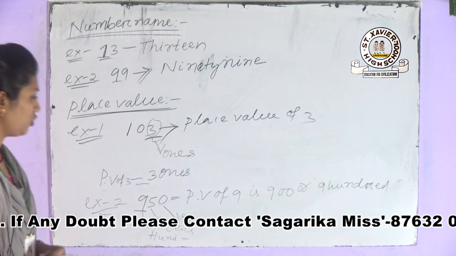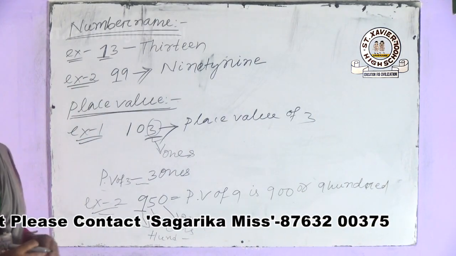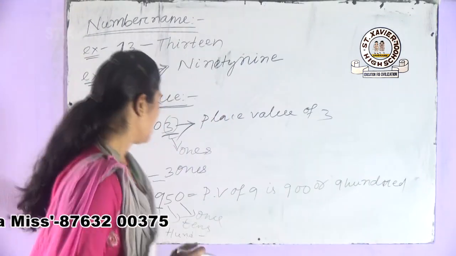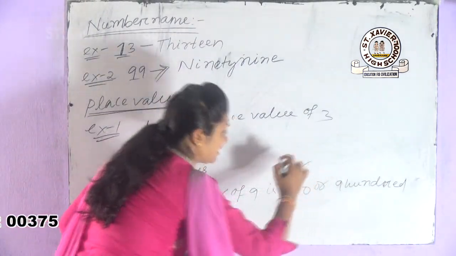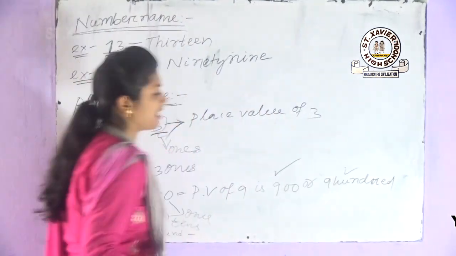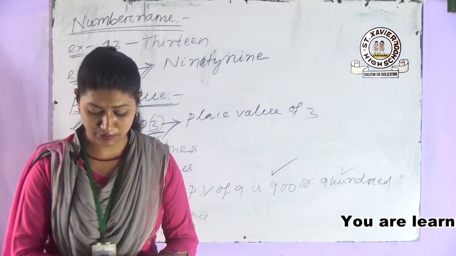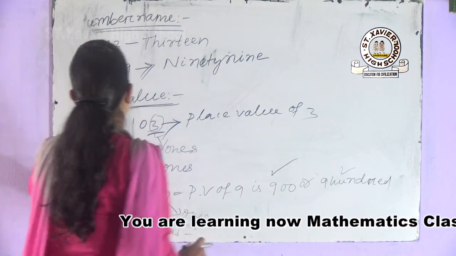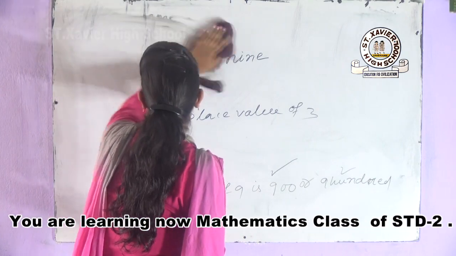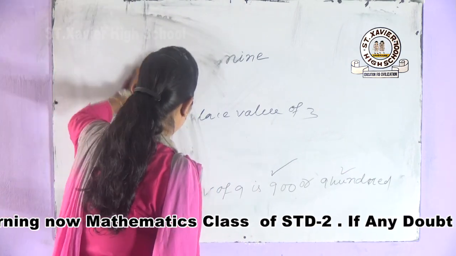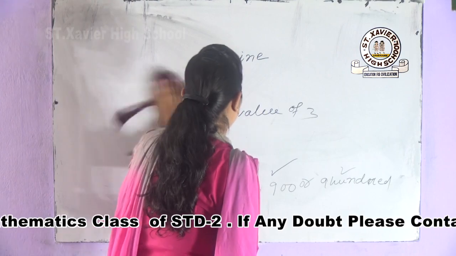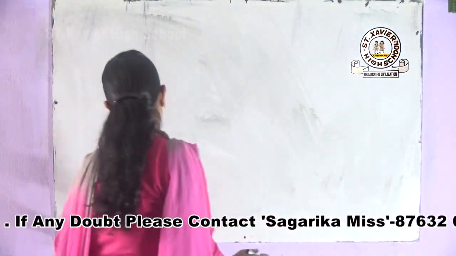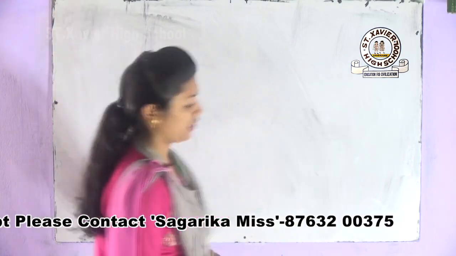Okay. So another thing, whenever you are writing place value of a number, you can write both in number and in words. Like 900 means nine hundred. Both in number and in words. You can write the number name of the given number. Okay. That I discussed here, you have already learnt from standard 1 in previous class. In previous year you have learnt all the things that I have discussed today.